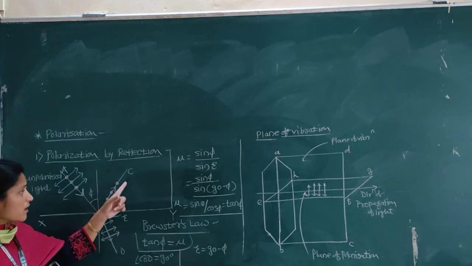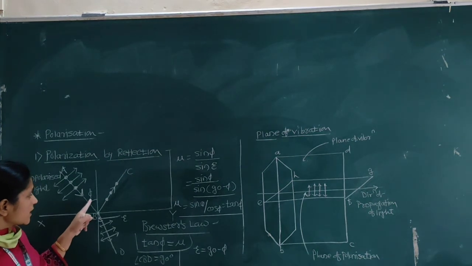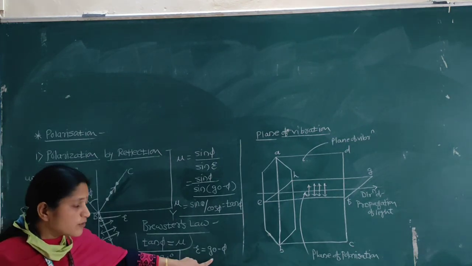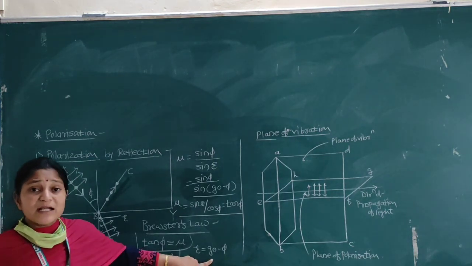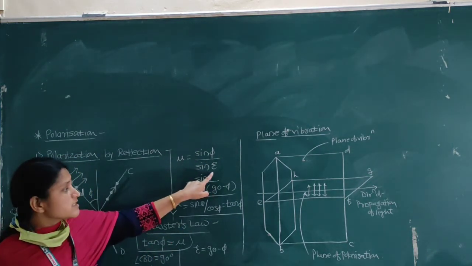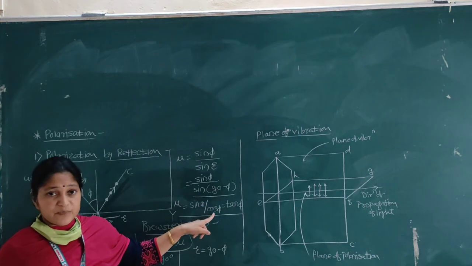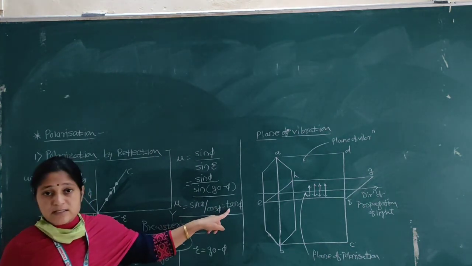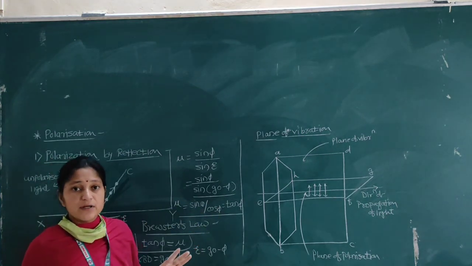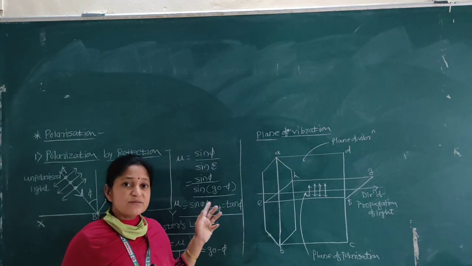So here from the figure we can write angle CBD is equal to 90 degrees. Again from the geometry, angle phi plus angle R is equal to 90 degrees. So from this equation R is equal to 90 minus phi. We know that the refractive index of the medium is mu equals sin phi divided by sin R. Here instead of R, if we put 90 minus phi, then sin of 90 minus phi gives cos phi, and sin phi divided by cos phi gives tan phi. Finally we get mu equals tan phi, and that is nothing but Brewster's law. And it states that the tangent of the angle of incidence must be equal to the refractive